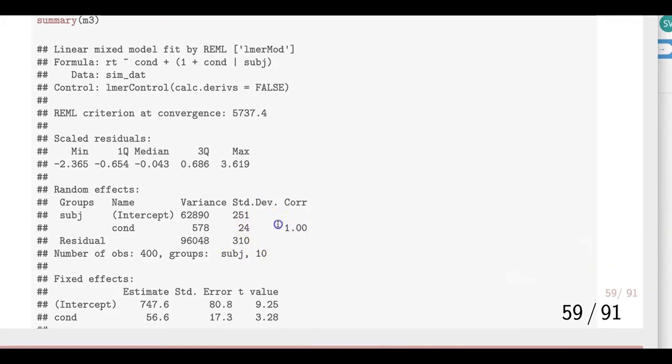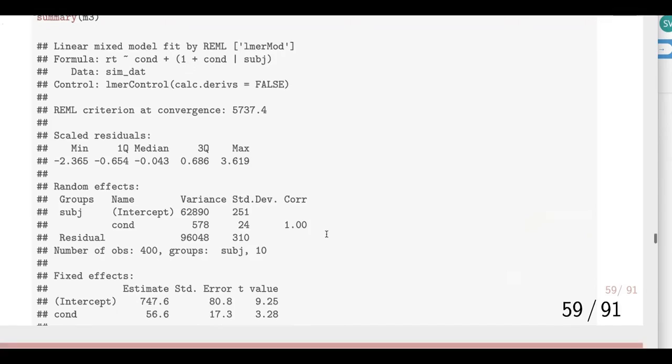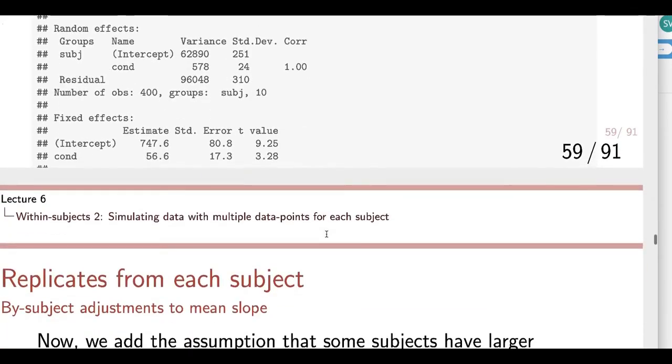Notice that the correlation between the intercepts and slopes is +1. So that means that there's a problem in estimating that parameter here, because that's an extreme value. And if you remember the linear mixed modeling lecture, a +1 or -1 correlation is an indication that the lmer function is failing to estimate that correlation parameter. All right, so